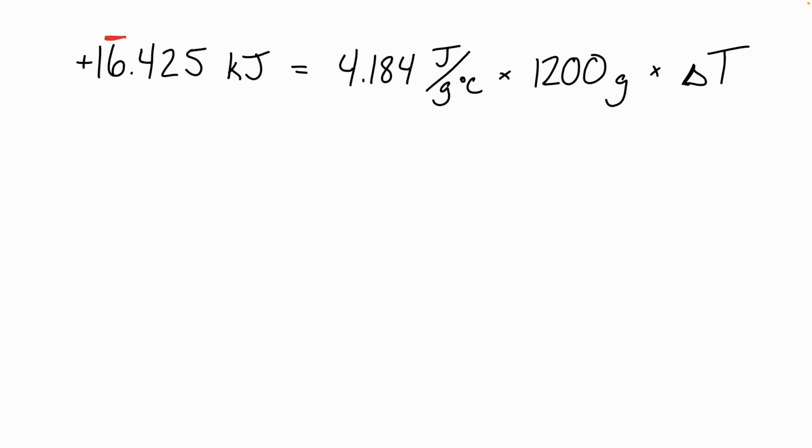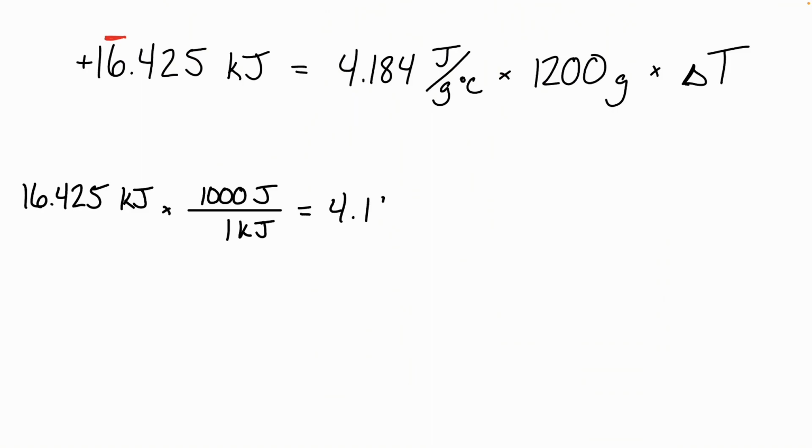All right? I'm going to do my heat over here. My 16.425 kilojoules of heat. I'm going to multiply that by 1,000 because there are 1,000 joules in 1 kilojoule. All right, cool. So everybody take a second. Tell me what the delta T is for this reaction here. All right, we perform this precipitation reaction. Just how much is that going to heat up that surrounding solution?